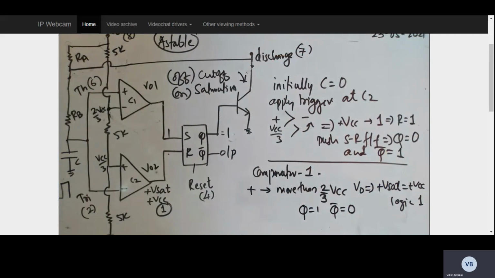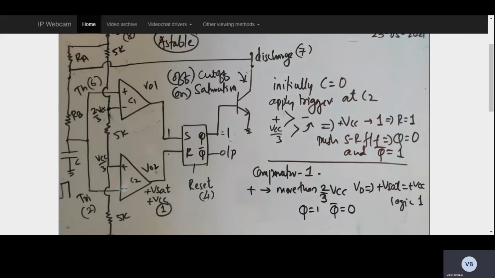Here one thing to remember is that the charging and discharging time constants are finite. Hence, we are getting oscillations between two states. Therefore, we get a square wave over here. So this is how the entire application occurs.